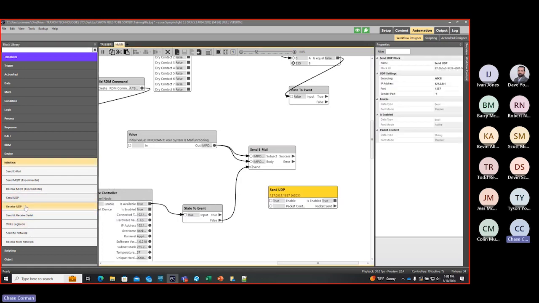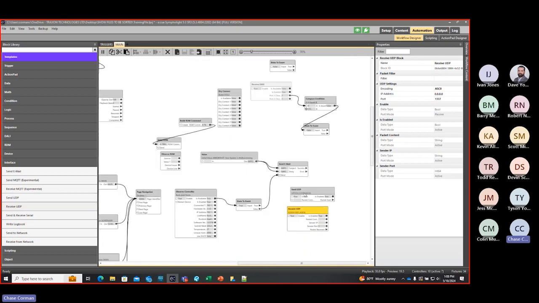Send UDP and receive UDP. This is a fun one. We can actually kind of test what we're doing with this here. So anyone who's not super familiar with UDP, UDP is an Ethernet message protocol, or protocol in general. That's how TCP and UDP is how most computers connect and speak to each other. It's a very simple method for us to use for integration, chiefly because you don't need another device to translate. And so basically, if your third-party system, your front-end system, your back-end system, depending on how we are operating,